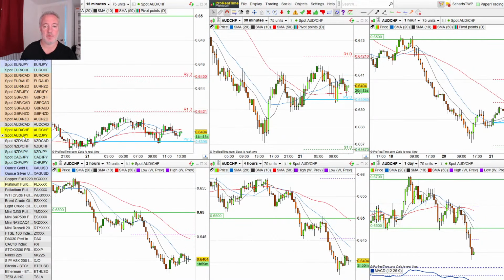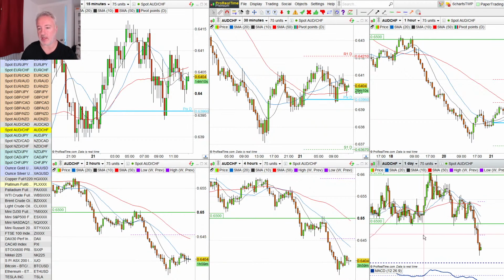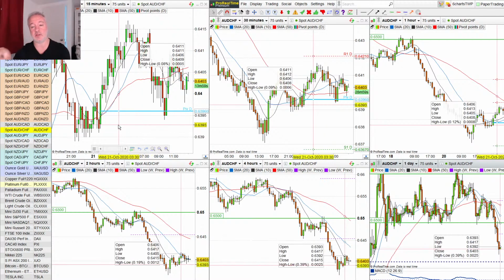Aussie Swissy. Same thing, look at that. Break below that level of support. It's not crisp, but it's a pretty clear level. Any movements back up to that would be great. So I guess where I'm going with this, because I'm just discovering this in front of you right now, there could be